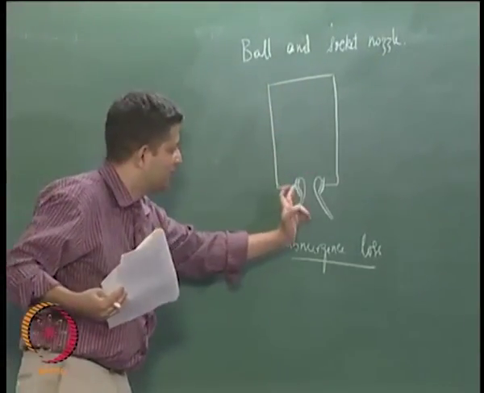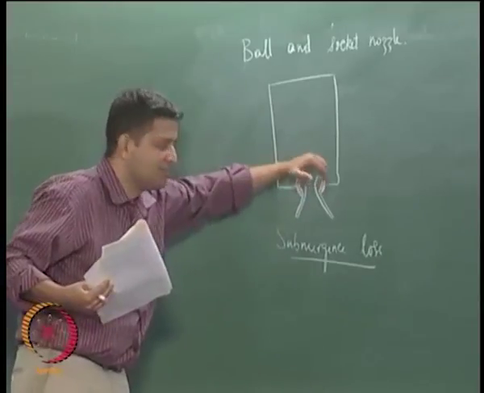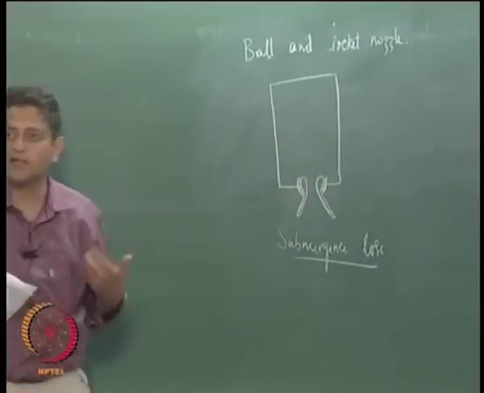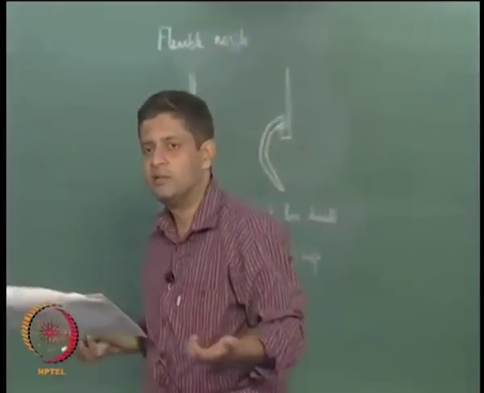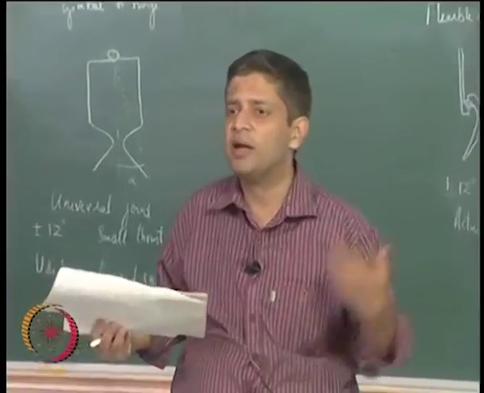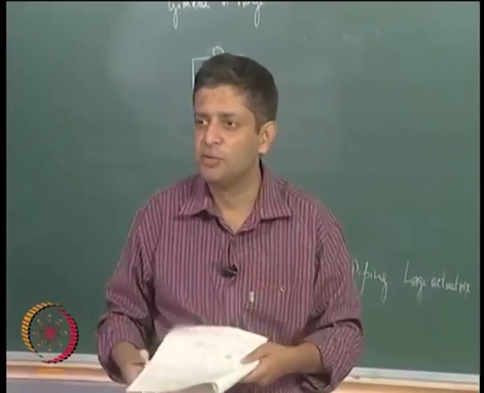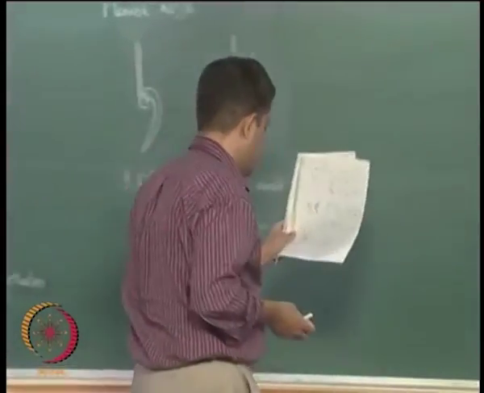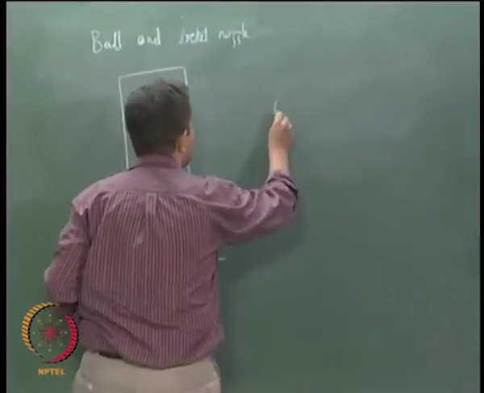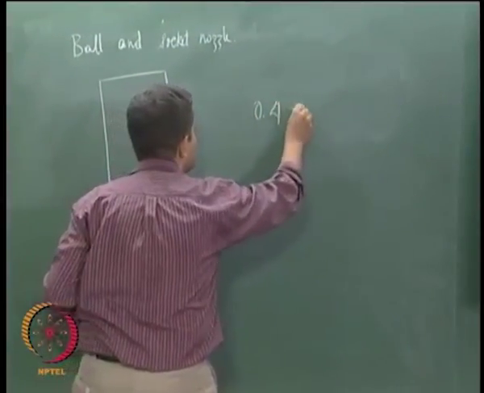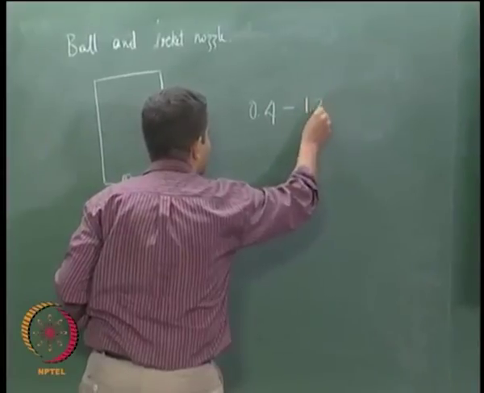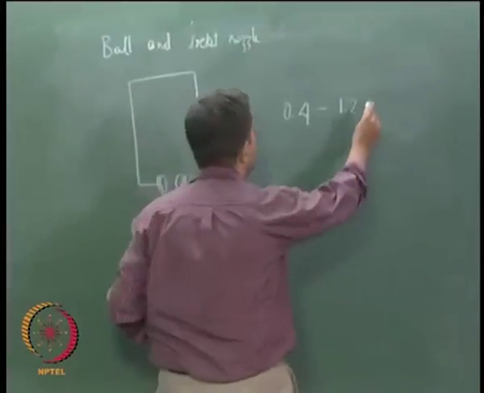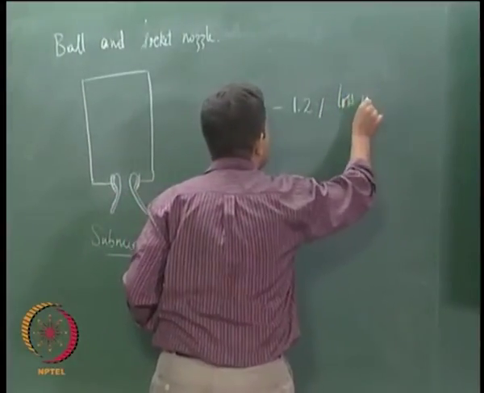Otherwise, the gases coming from burning of the propellant in this region will have to turn through a large angle to get to the nozzle, and that will lead to some losses, and that is given by something like, it varies between 0.4 to 1.2% loss in